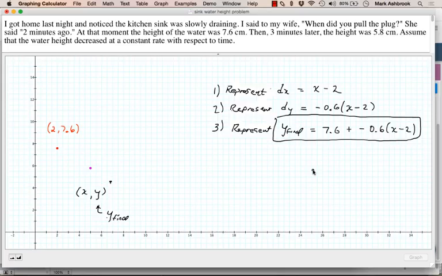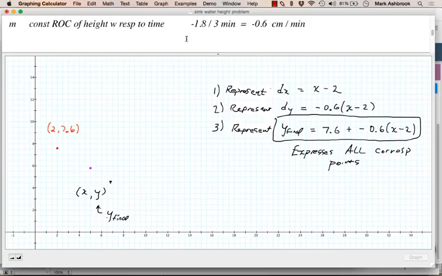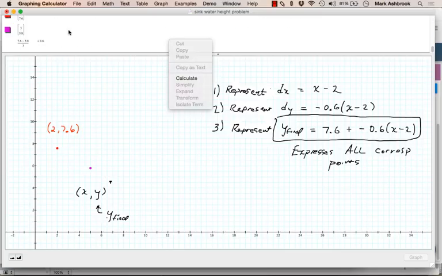Okay? So this expresses all correspondence points. And it's also the equation of the line or curve or whatever we're going to get. So we want to make it into a function. Sure, we can make it into a function. So we can define